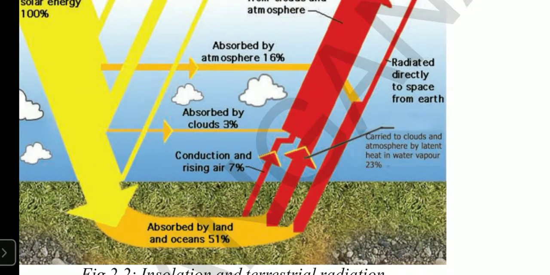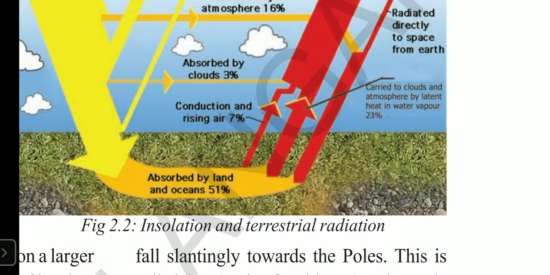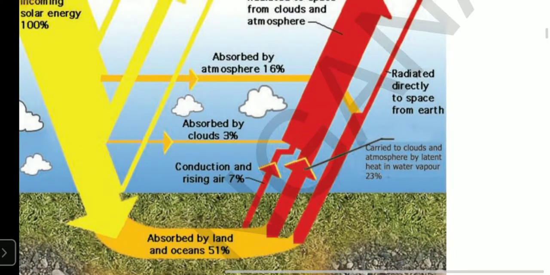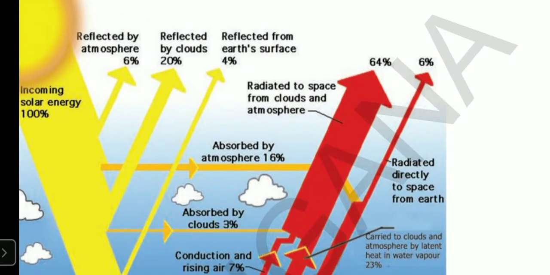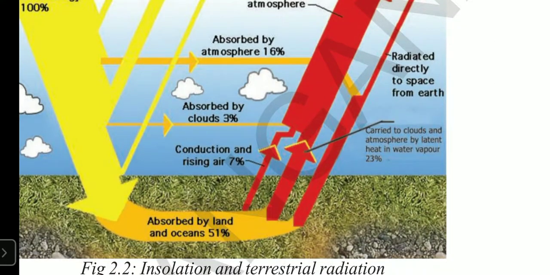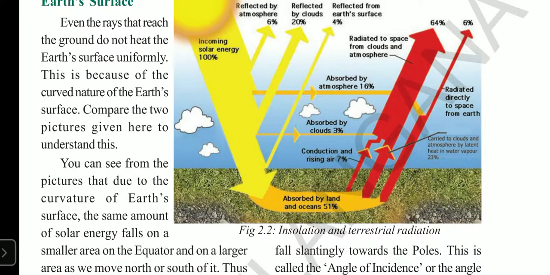And here you see what is absorbed by land and ocean, the Earth's surface covered with land and ocean water bodies. So these land and water bodies absorb 51 percent of the insolation, right? And in that, some is reflected directly to space from the earth, that is 6 percent, and 4 percent is reflected from the oceans instead. So what I want to say here is that much of the energy is reflected into space, right? All the things we find in the atmosphere will absorb some portion of the energy, and some is reflected,